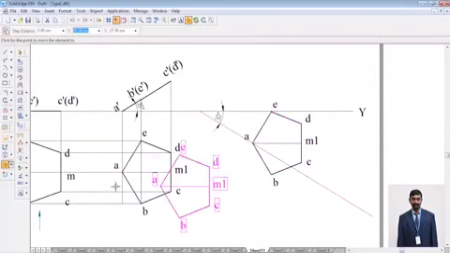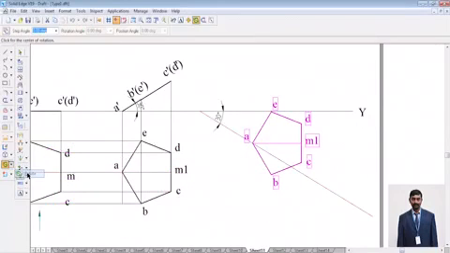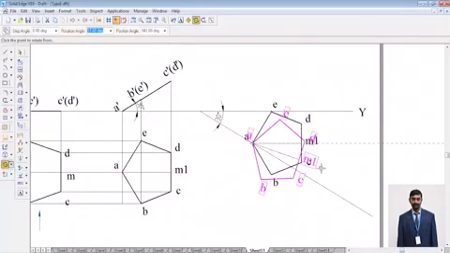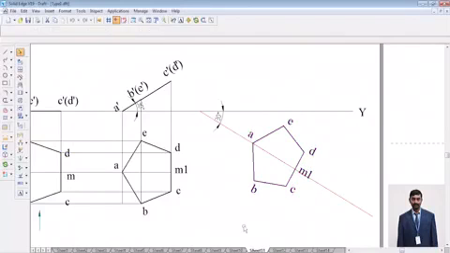Place this and directly come to the rotate command, A and M1. So rotate it and it should be placed on the 30-degree line. That should be placed on the 30-degree line. So this is the problem where a perpendicular bisector appears to be inclined to any surface, either VP or HP. So next, I'm going to draw the projection lines from A.